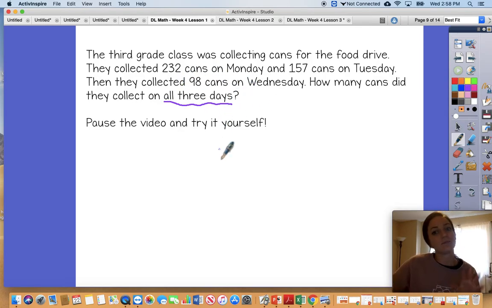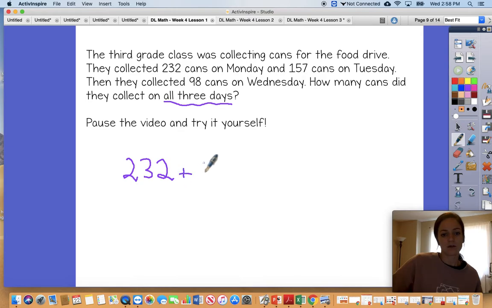If it would have asked how many more did they do on Monday than on Tuesday, then we'd be subtracting. But that's not what it asked. It asked how many did they collect in all. So I'm going to do 232 plus 157. So Monday cans plus Tuesday cans plus